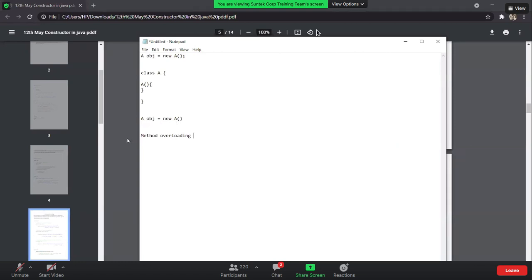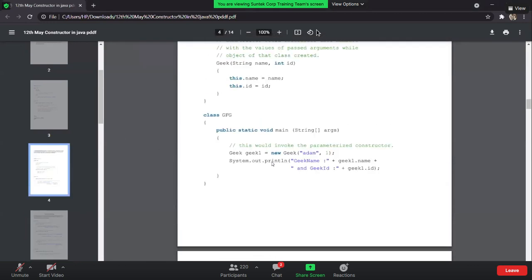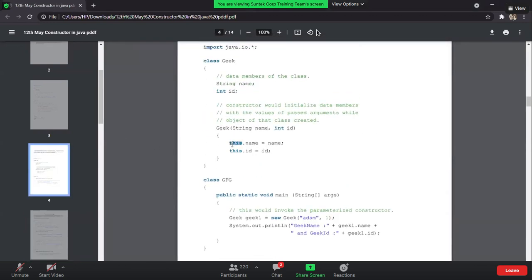Okay, why are we using this in the program? Good. So this basically gives the reference of this name. You couldn't write name is equals to name, right? Okay, good. So this basically represents that we are assigning the values to this name. Correct? Because these are the same name, how will you differentiate? Let's say I have passed Adam comma 1.